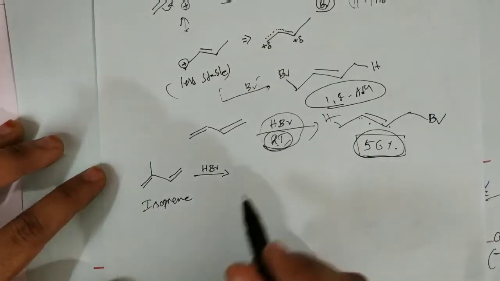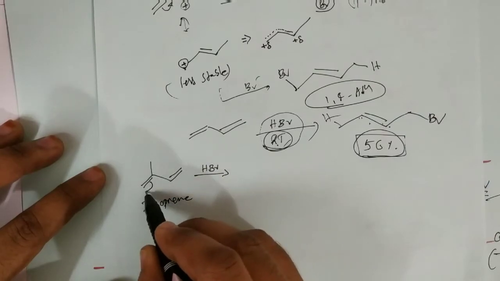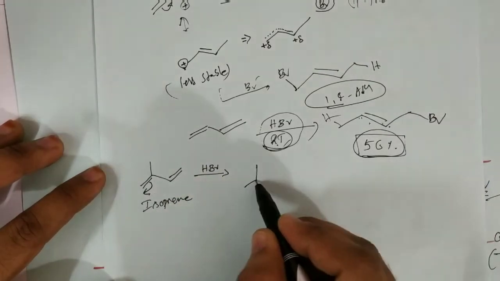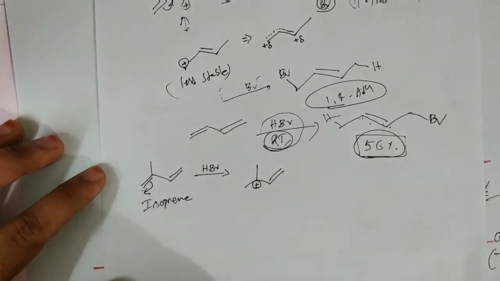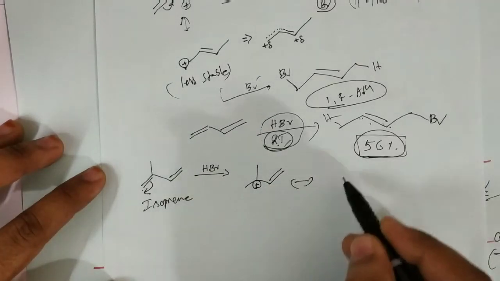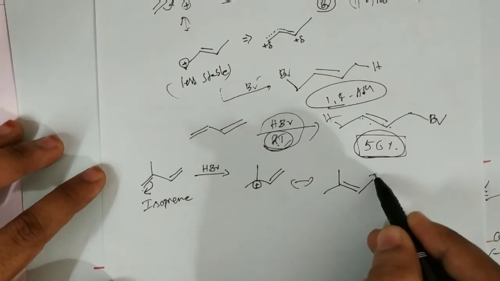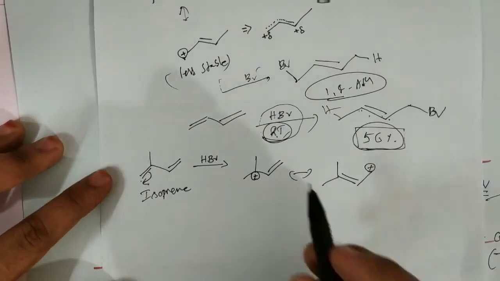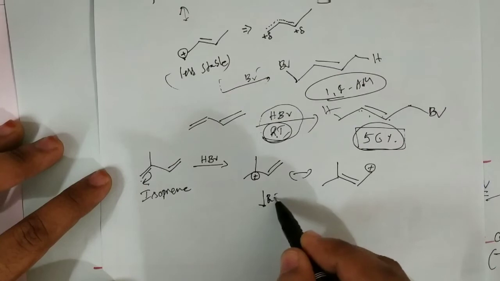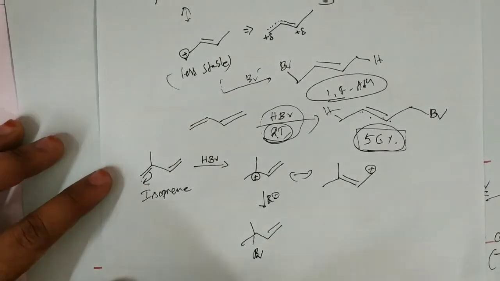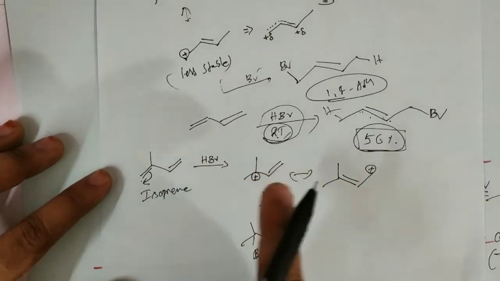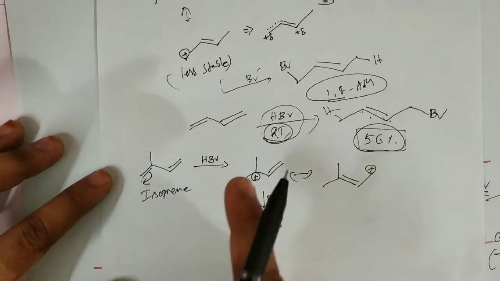Now, in this case, the protonation takes place on this carbon, because as a result of protonation on this carbon we will get this stable carbocation. That is a tertiary allyl carbocation, and of course it is stabilized by resonance. It is also a primary allyl carbocation. So now this Br minus attacks on this one. So this is a kinetically controlled product because it is formed through the stable carbocation. The formation of the stable carbocation readily takes place, so it is formed faster.